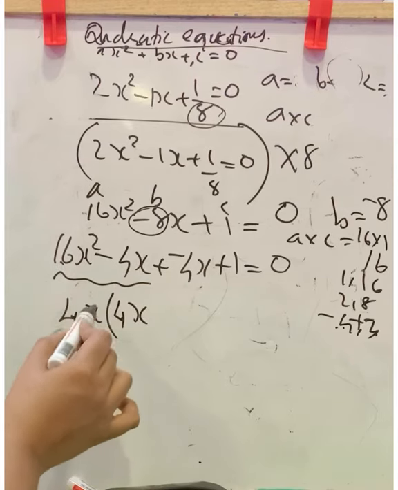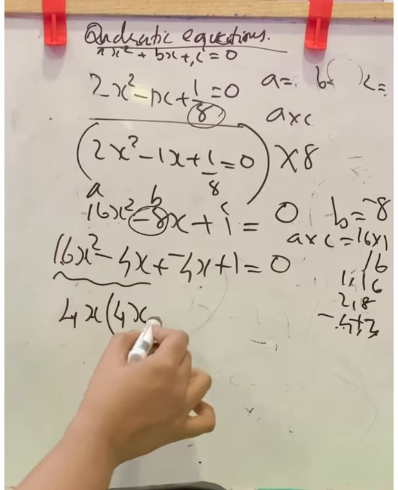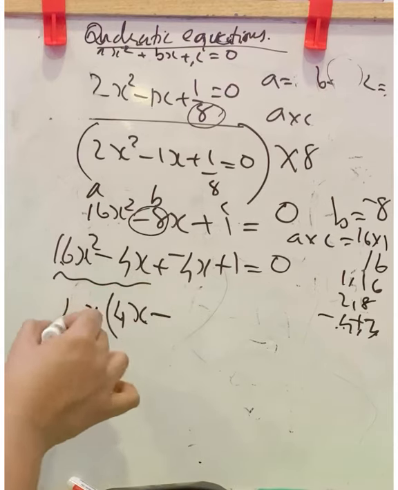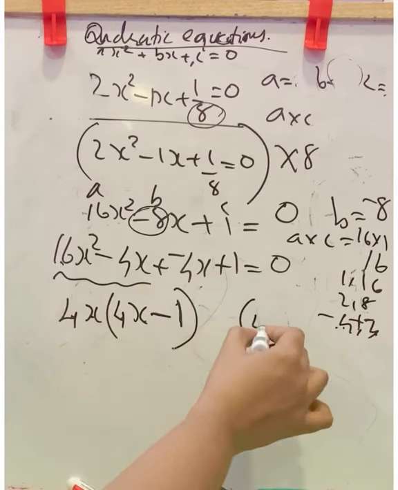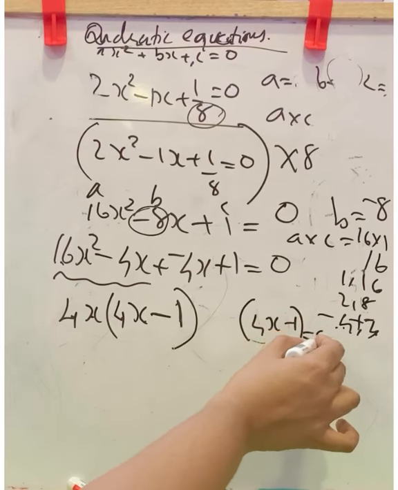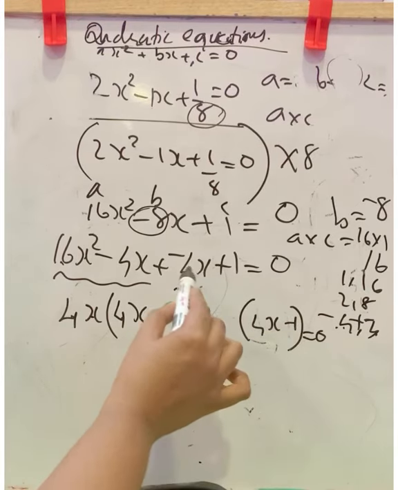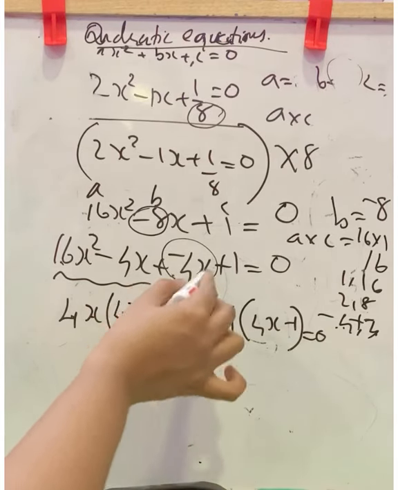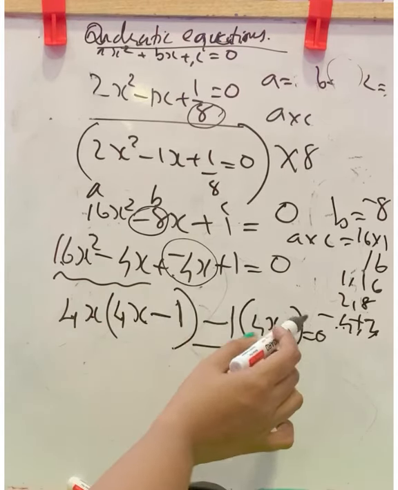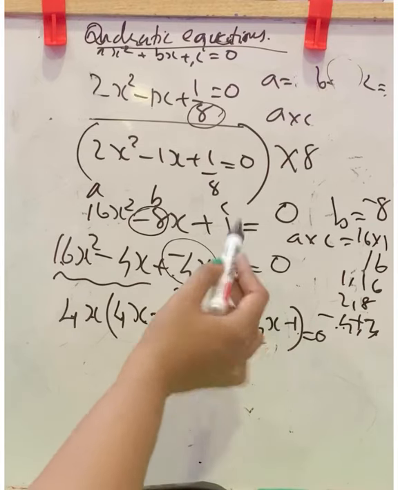4 4s are 16, x into x, x square. Now minus, here 4x is taken outside, balance will be 1. Close the bracket. Now write 4x minus 1 here. Now check dash into 4x minus 4x. What is it? Minus 1 into 4x only, you will get minus 4x. You can check it with the last term. Minus 1 into minus 1 plus 1.